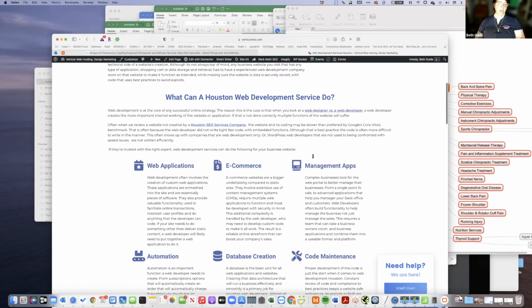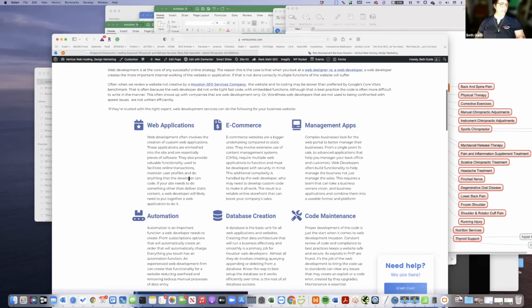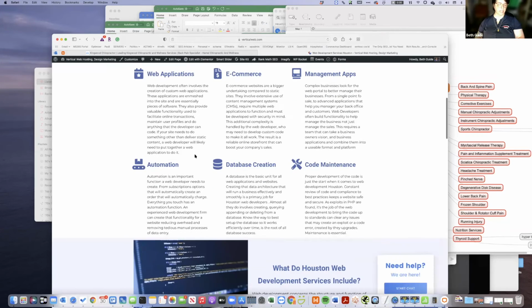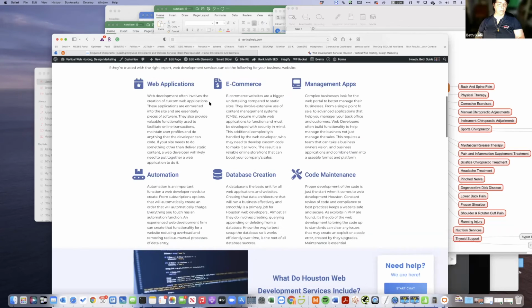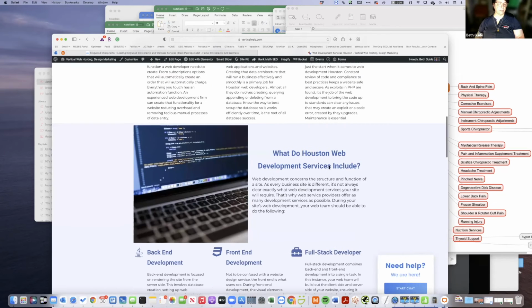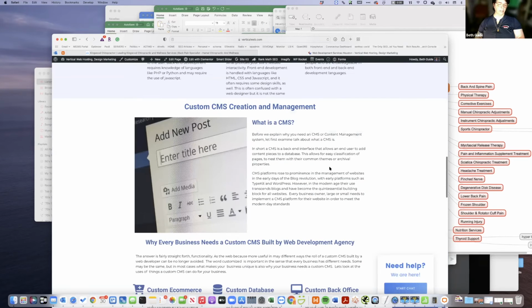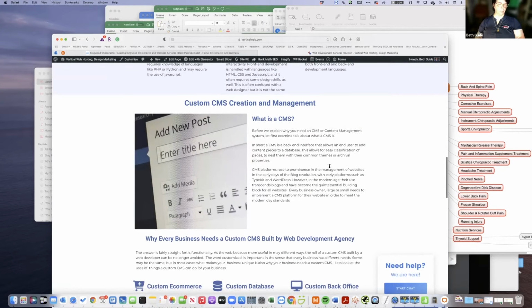And then I listed, yet again, all the services that you can do within web development. And then here it is, Houston Web Development Services again. So Google clearly starts to understand that this is a web development page.